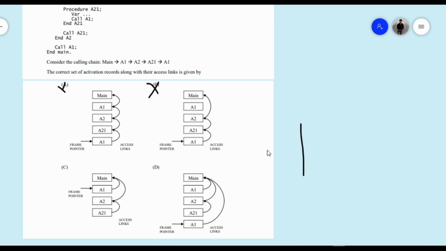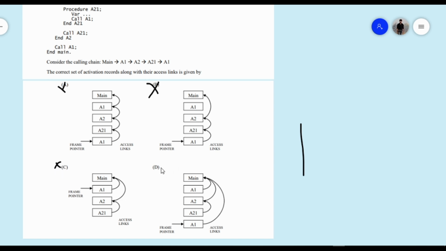But if we see the calling chain, from main there should be A1, after A1 A2, then A21, and after that A1, and option C is not following this calling chain. So option C is also not correct.